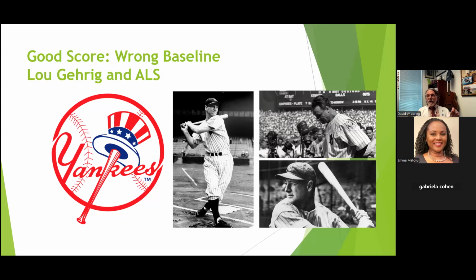In 1938, which was the year before he was diagnosed with ALS, it dropped to .295. I think most people would agree that .295 is an excellent overall batting average for any population that you take. And this is exactly what the clinical challenge is. That was really a meaningful decline, but it wasn't against his personal performance level, but rather against some sort of population average.